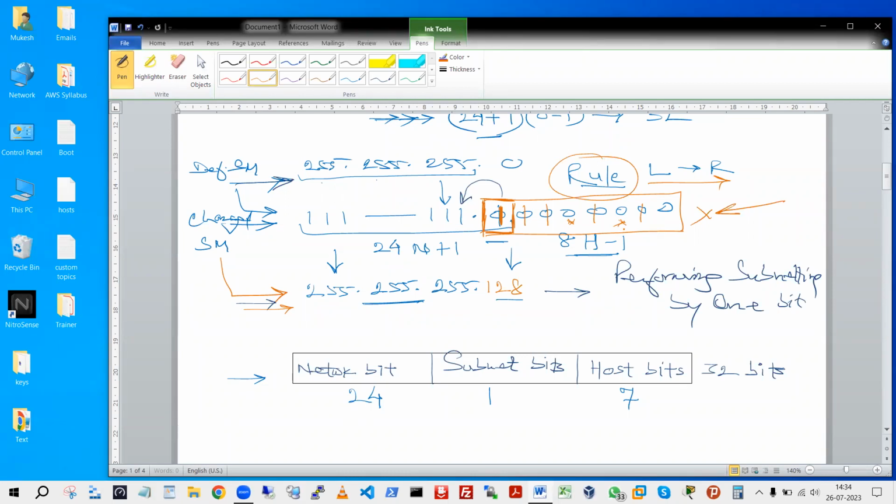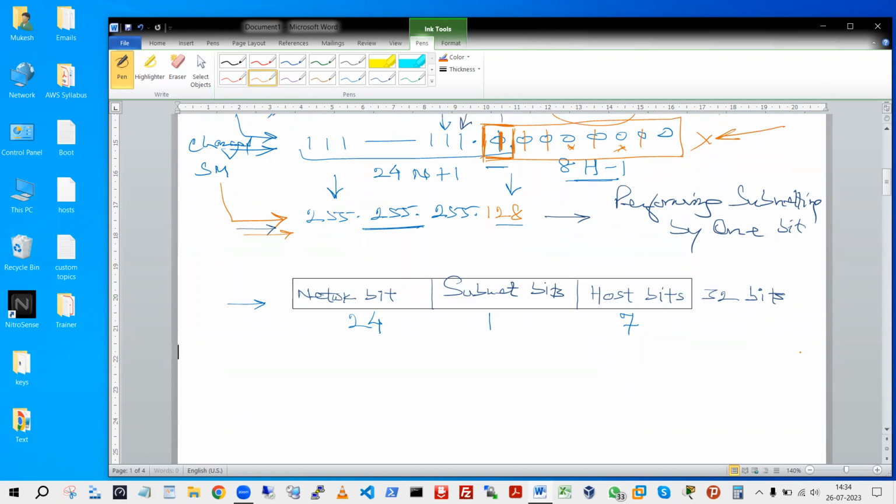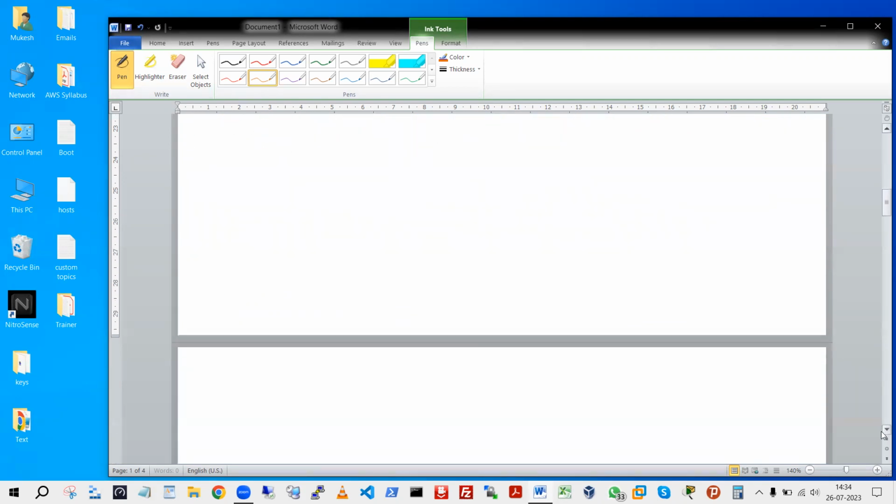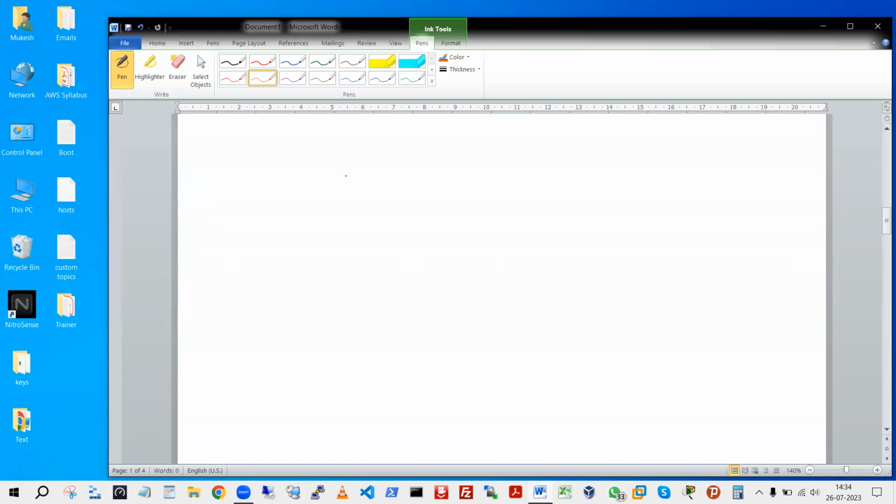तो सबनेटिंग में आगे बढ़ने से पहले सबसे पहले हम जरा ये समझ लेंगे कि क्लास सी में, क्लास सी से शुरुआत करते हैं, व्हाट आर द पॉसिबल मास्क वैल्यूज। अगर हम ये रूल फॉलो करते हैं तो क्लास सी में पॉसिबल मास्क वैल्यूज क्या क्या हो सकते हैं, राइट? So my next task is, let's talk possible subnet mask, right? In class C,